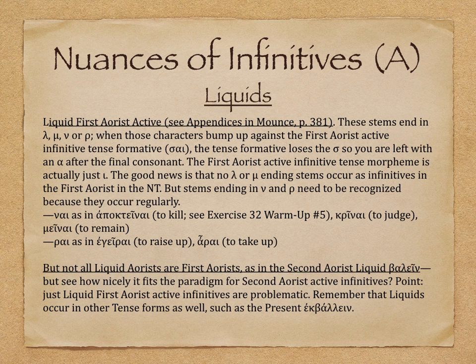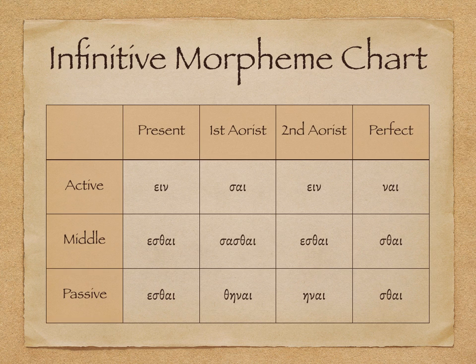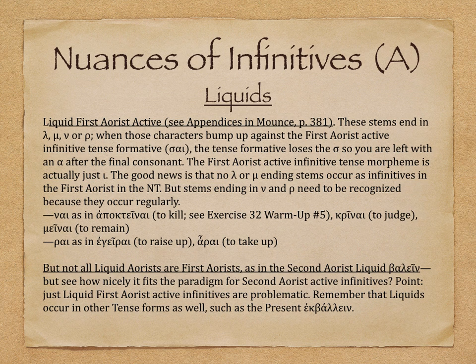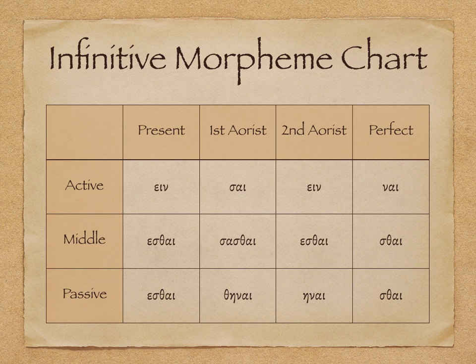So stems that end in a liquid nu, that sigma in the first aorist is going to drop out, and we have just nigh. Same with those that end in a rho. Ageri, for instance. Ari, to take up. Is that clear? Going to jump back again. Psi becomes nigh or ri because that sigma drops out. So if you see nigh or ri, the key is just the last two letters there, that alpha iota, and